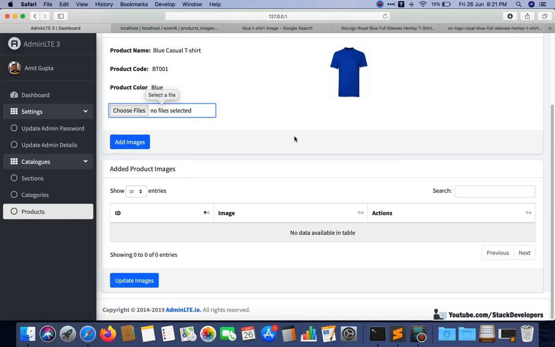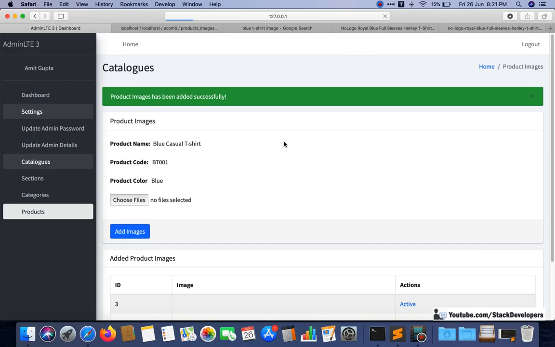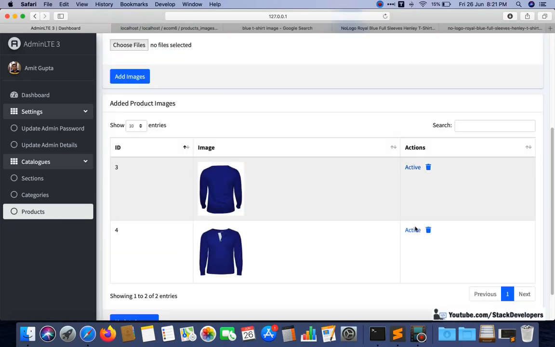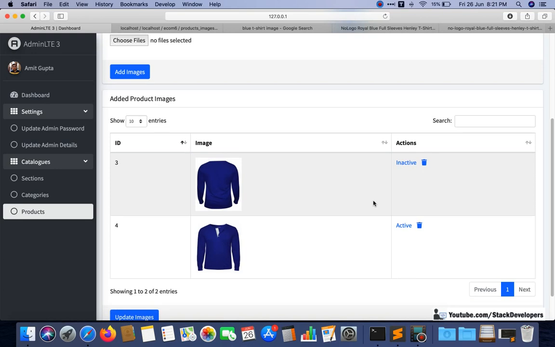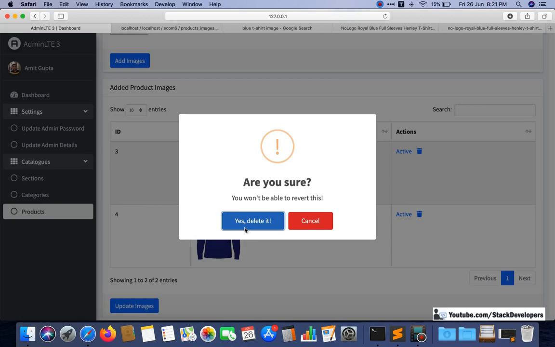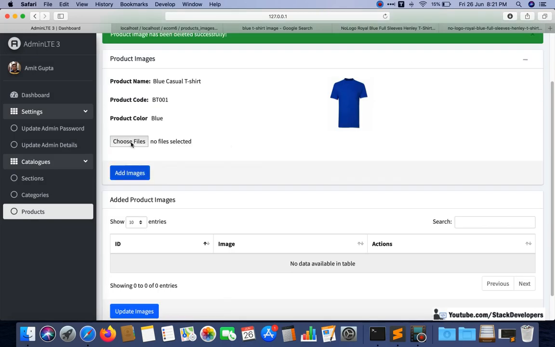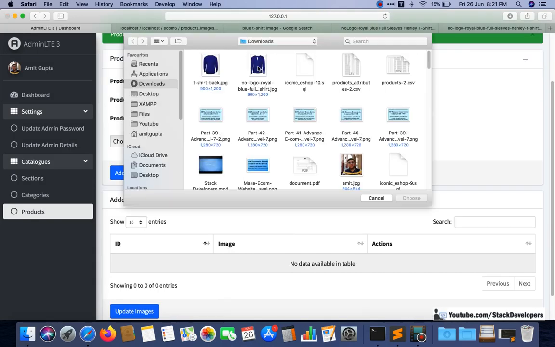So we can add images, remove images. You can see here we can do all the tasks. See, both images we have added once again. We can see both the statuses are active, that is fine, and we can make one of the images inactive. That is also fine. Another one also inactive, active anytime, and we can delete as well. Yes, delete it, yes, delete it. So you can do anything now. The product images functionality is all done.